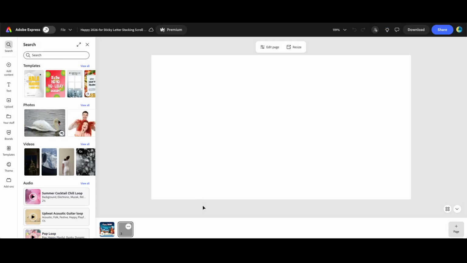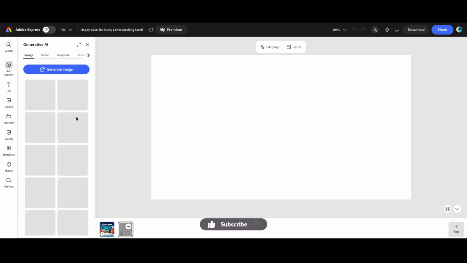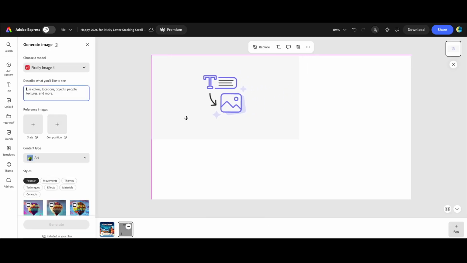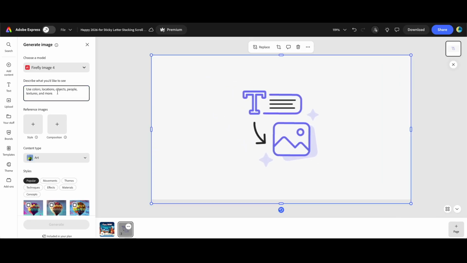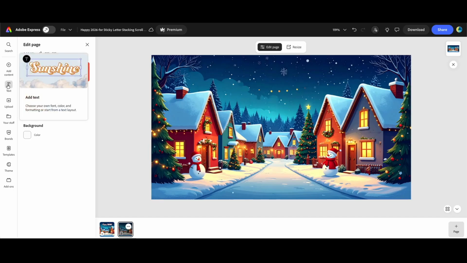Let's quickly check how I generated the image and added the text in Adobe Express. After creating a new file in Express, I clicked Add Content on the left panel and selected Generative AI and then Generate Image, Widescreen. I resized the placeholder to cover the whole page. Then I pasted the prompt that I generated with ChatGPT, and when the image is generated by either pressing Return or Enter or clicking the Generate button, I added the text, selecting the text tool on the left panel, then changing